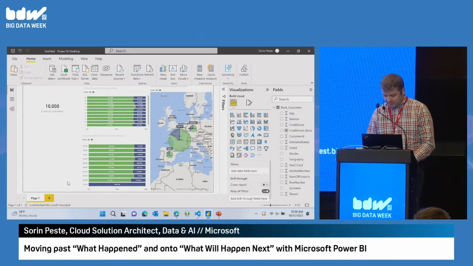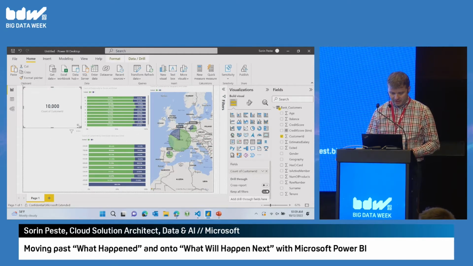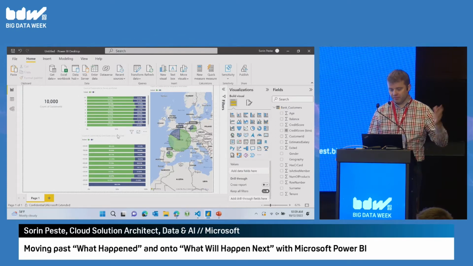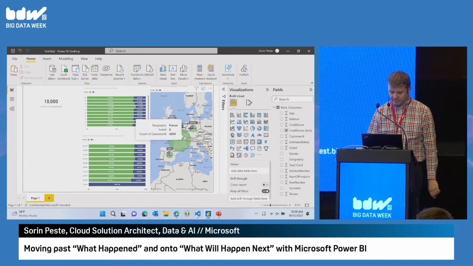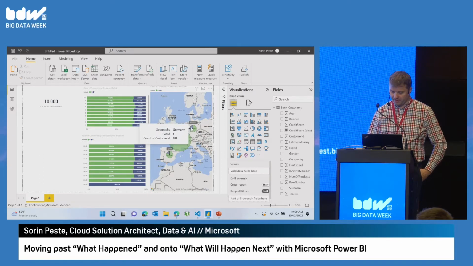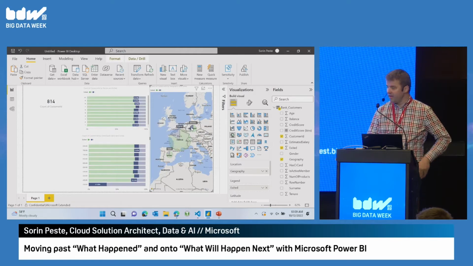Okay, I don't really have time to do any more, but basically it's already the start of a report, and it's interactive. Power BI does this very well. If you click on something, for example, let's look at those Germans who have exited, I can click on this directly, and then everything just